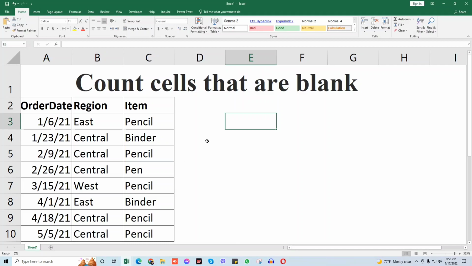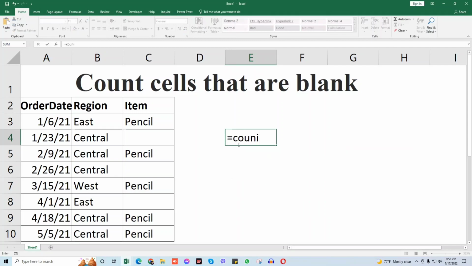So in this example we are going to find out the blank cell count. I'll delete this and this also, any blank cell. I'll keep it here and write the formula COUNTBLANK and tab, and I will select the range. I will select C3 to C10 and press enter, and you will see the